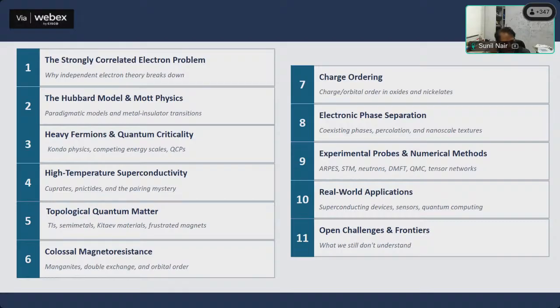One should remember that in many senses, materials is not a separate vertical in the quantum technology domain, but it is more like a horizontal because it feeds into all different areas. You need materials to do quantum communications, quantum sensing, and quantum computing. That is the reason why materials is not a simple vertical within the quantum technologies domain, but something which is more like a horizontal and feeds into all these real world applications. And we'll end with some very open and old challenges which continue to remain not understood in this area.